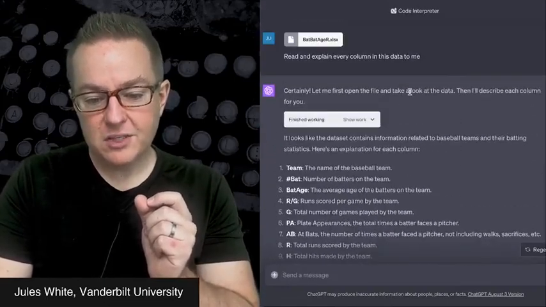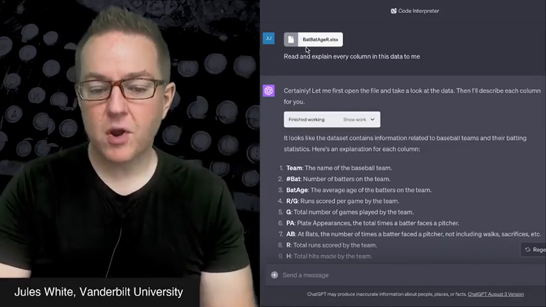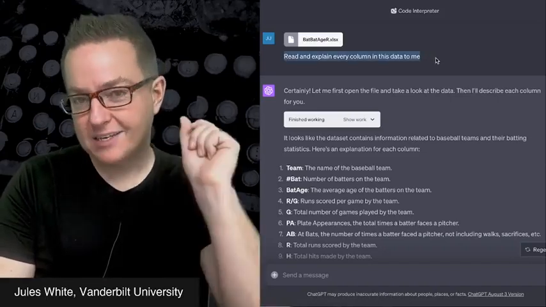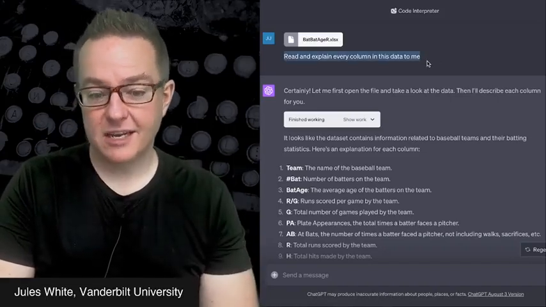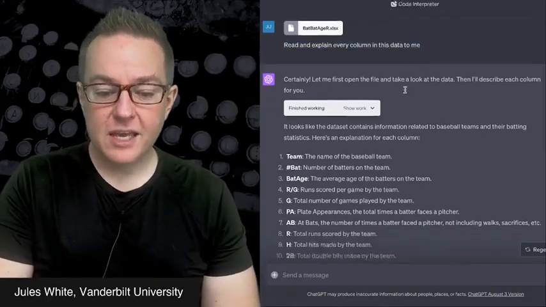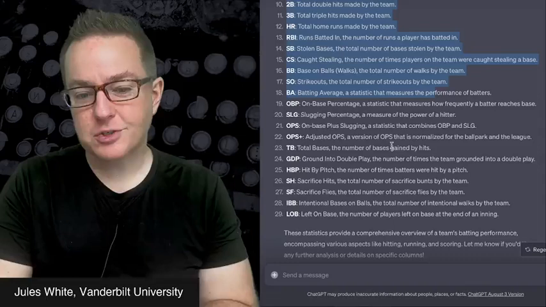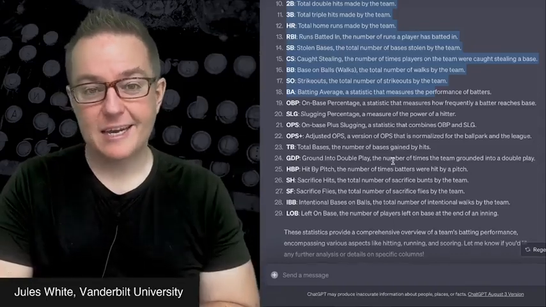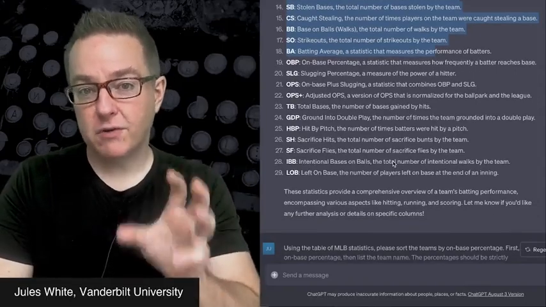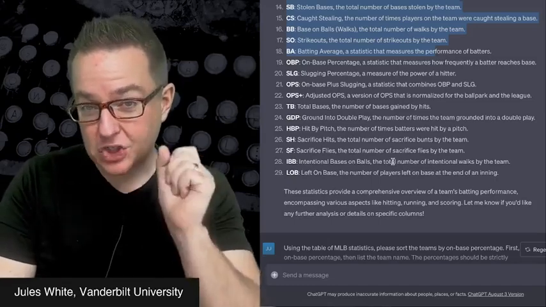Now, if I do this with Code Interpreter, I'm going to take the same data, but rather than cutting and pasting it into a prompt, I'm going to upload it as an Excel file. And I'm just going to first start off by asking it to read and explain every column in the data. It's the exact same data, just this time I'm giving it an Excel file. It reads and explains the data. And don't worry, I also tried prompt engineering where I had it explain the data before. It didn't make a difference in just ChatGPT. It's just simply too much volume of data, and it's the wrong type of task to solve with just ChatGPT